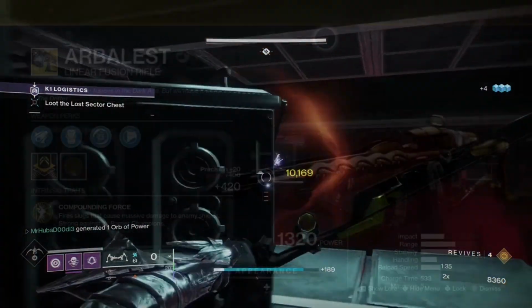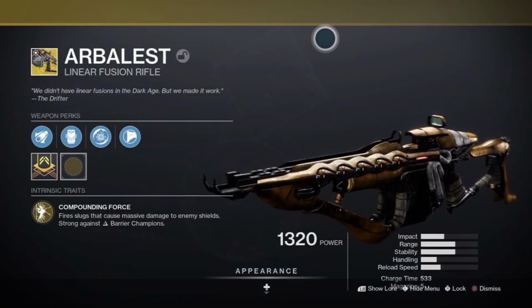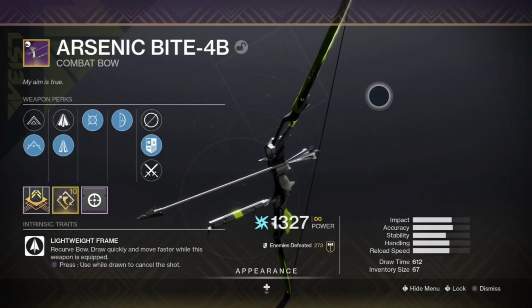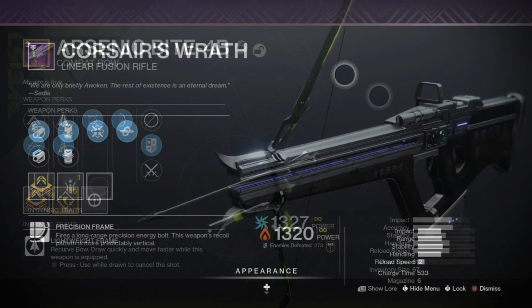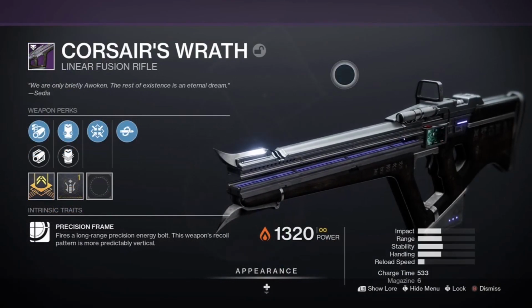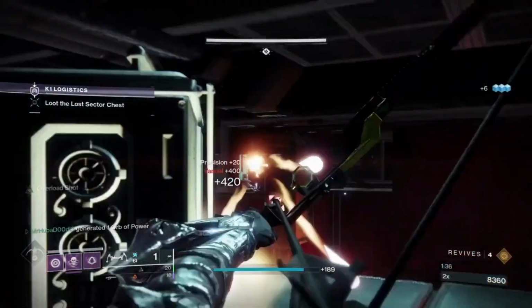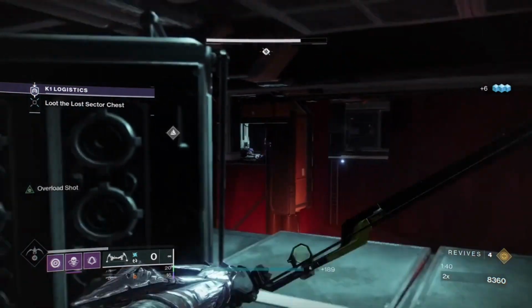As far as weapons go, I use the exotic linear fusion rifle Arbalist with its new and improved anti-barrier mod, the Arc combat bow Arsenic Bite 4B with Overload Bow, and the Corsair's Wrath solar linear fusion rifle paired with Particle Deconstruction. As I mentioned before, in this Lost Sector you will be facing enemies with Arc and Solar Shields,